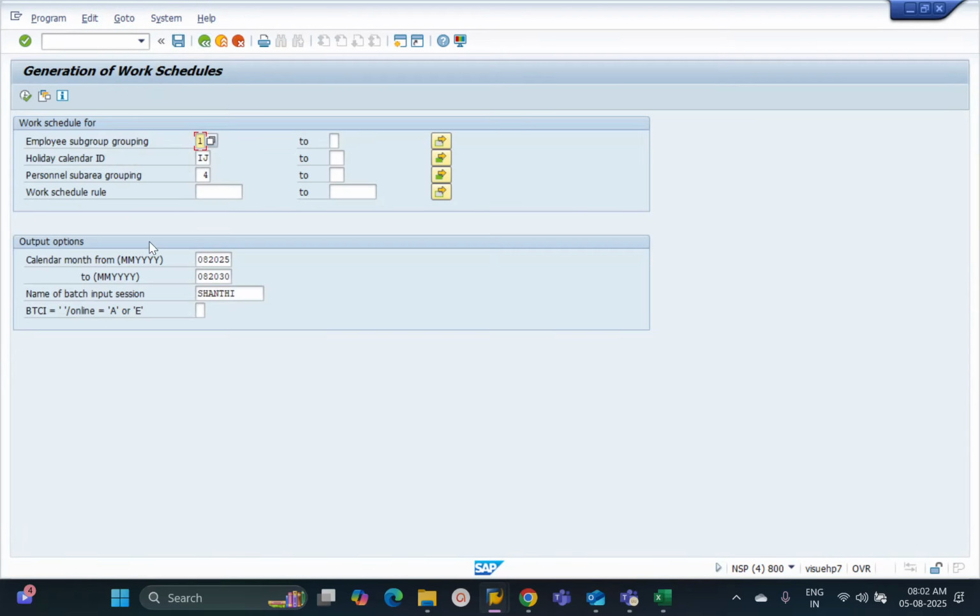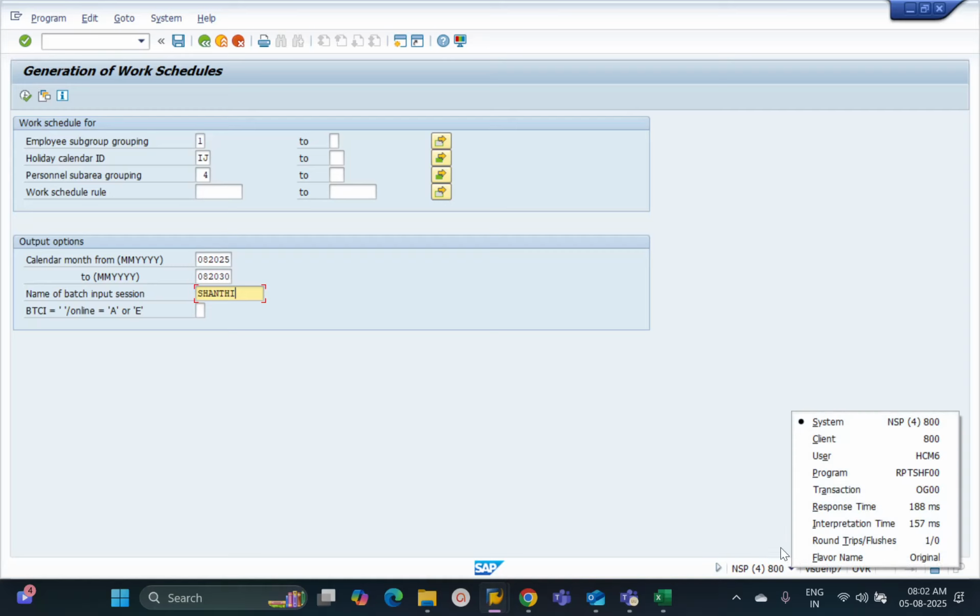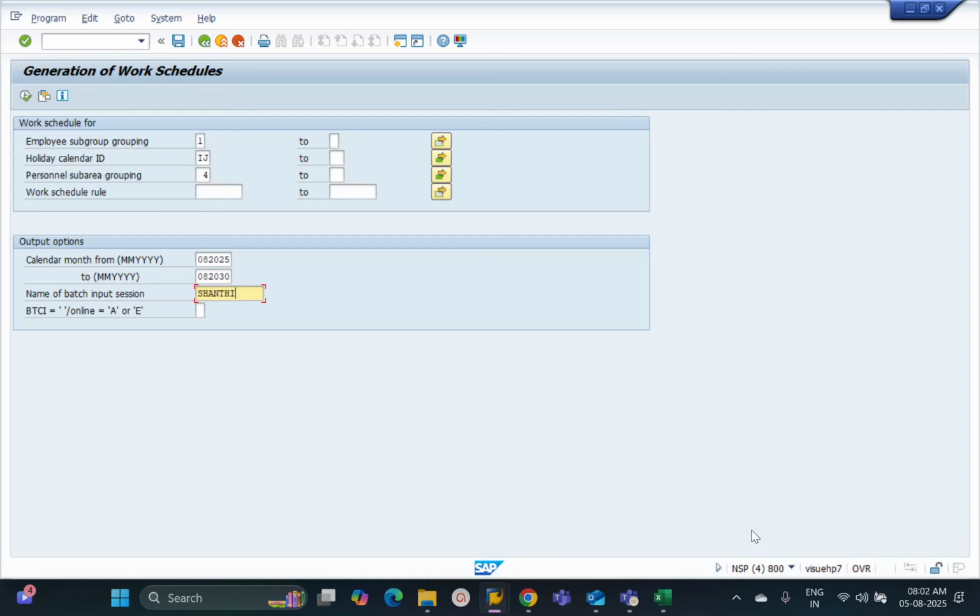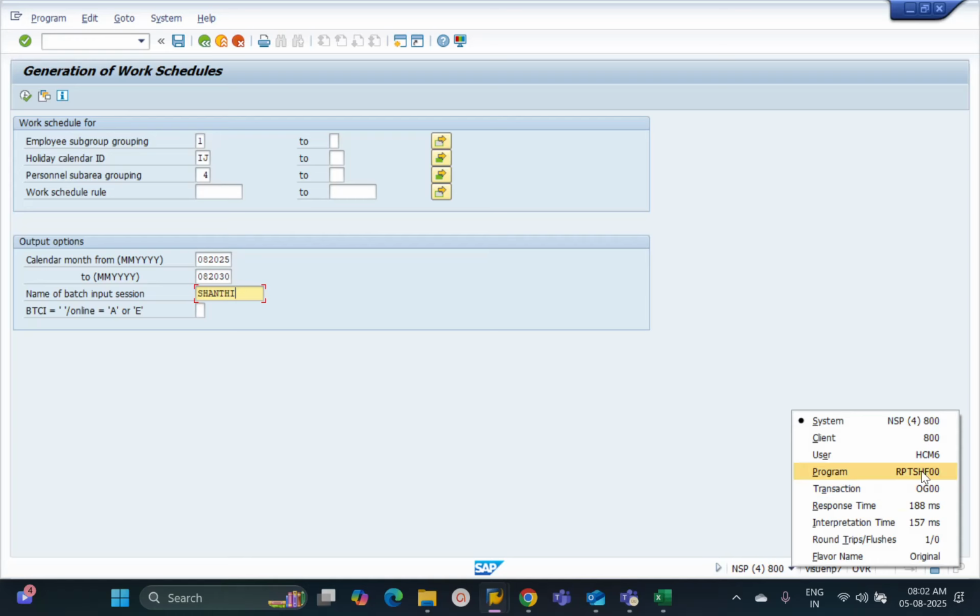Generally, SAP inputs the name of the batch session as per the program. When I click on this button, you can see the program. So this program, RPT, will be the default value here. The program to generate work schedules is this